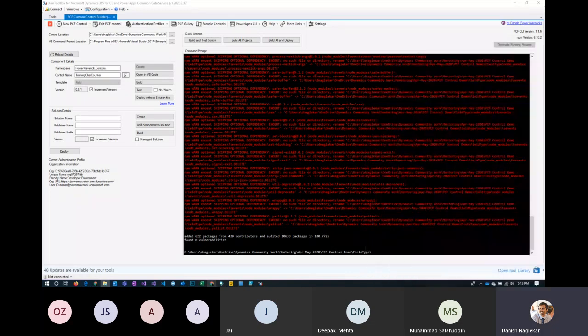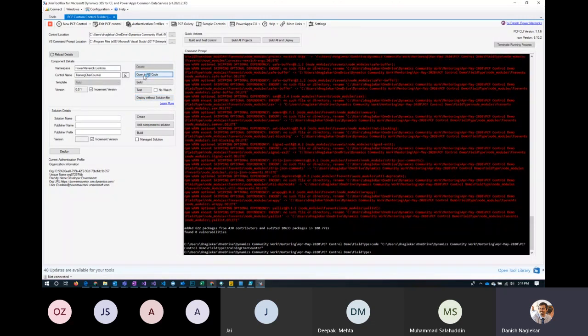Okay, so now our project is ready. And as you can see, there's no error message or anything written over here. So everything is fine. We have our project created. So now second thing is, and you just have to follow these steps. You don't have to think about what needs to be done next. You just follow these steps because buttons are ordered in the fashion that you normally proceed your development process. So now I would click on open in Visual Studio Code,